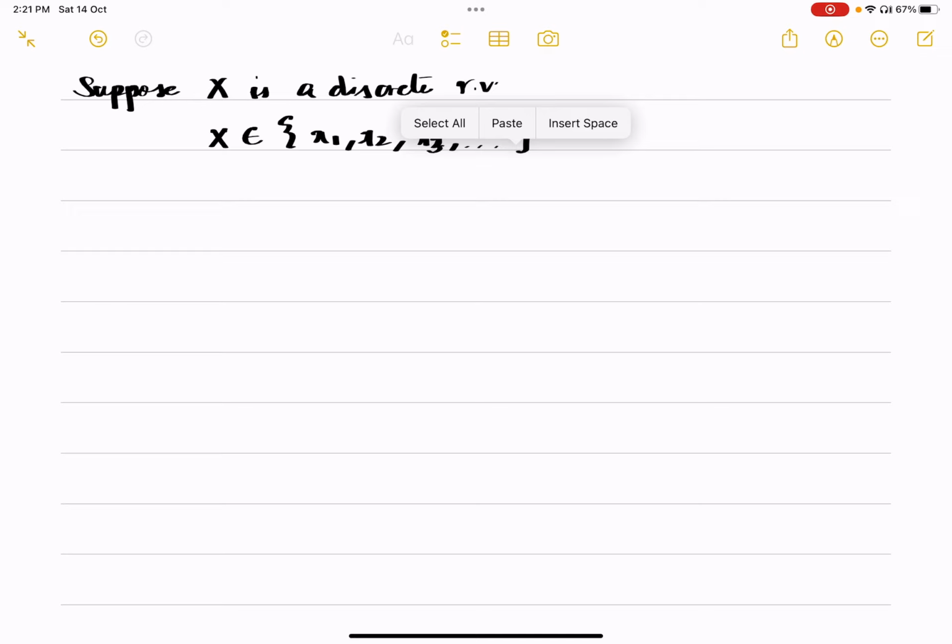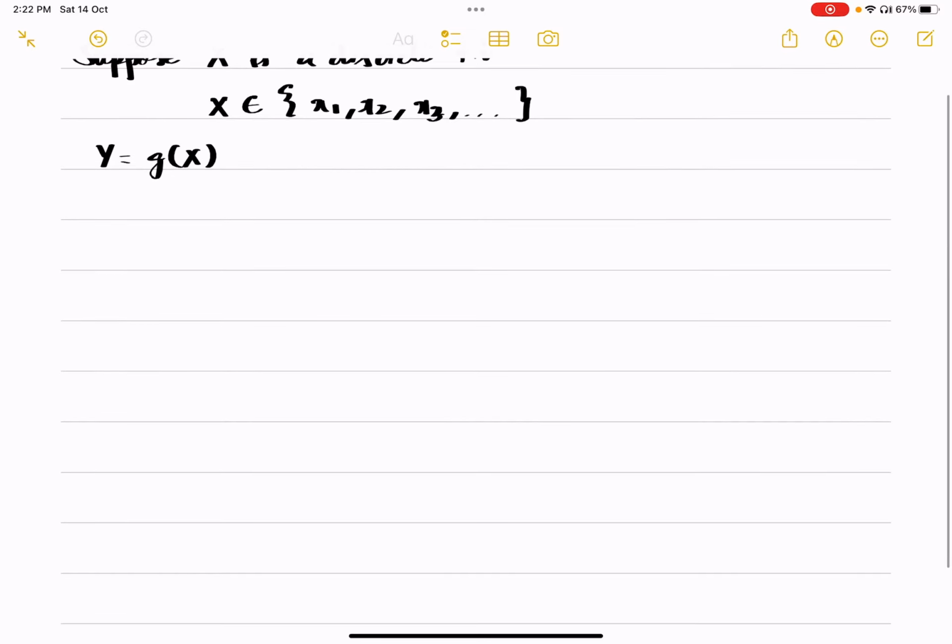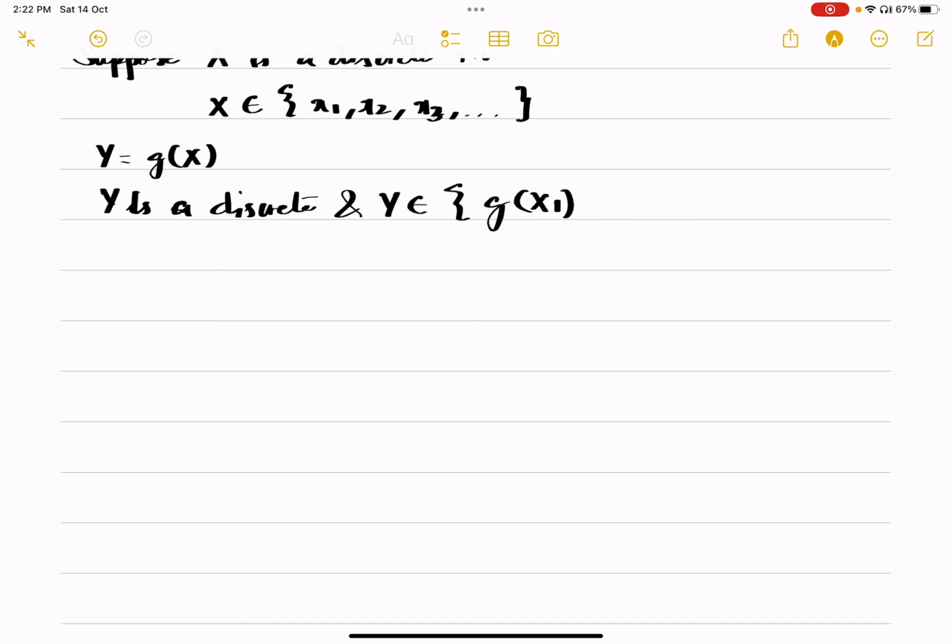Because the other one is a subset. Then Y is actually g of x, a function of the random variable. What would be the nature of y? Y will also be a random variable. We are assuming it, and y belongs to g of x1, g of x2. Sorry, here should be small letters,